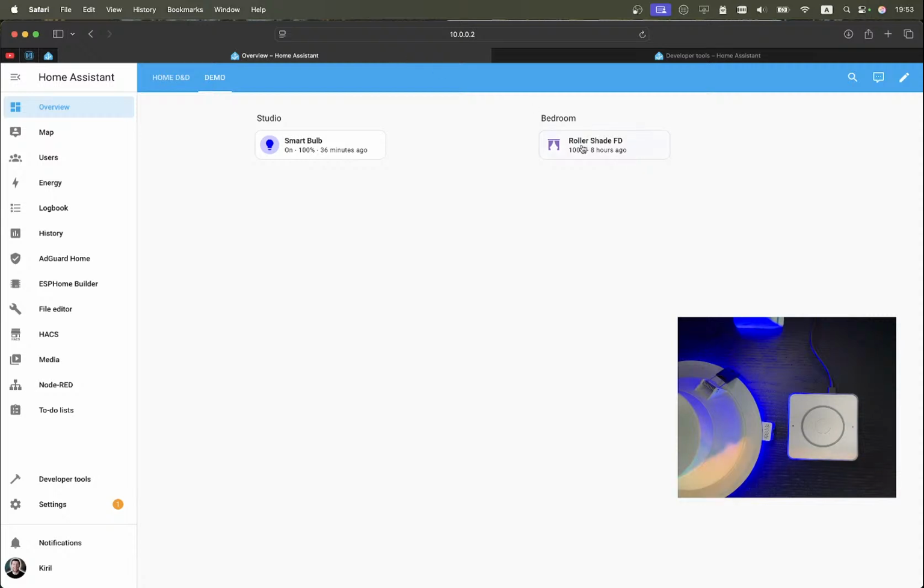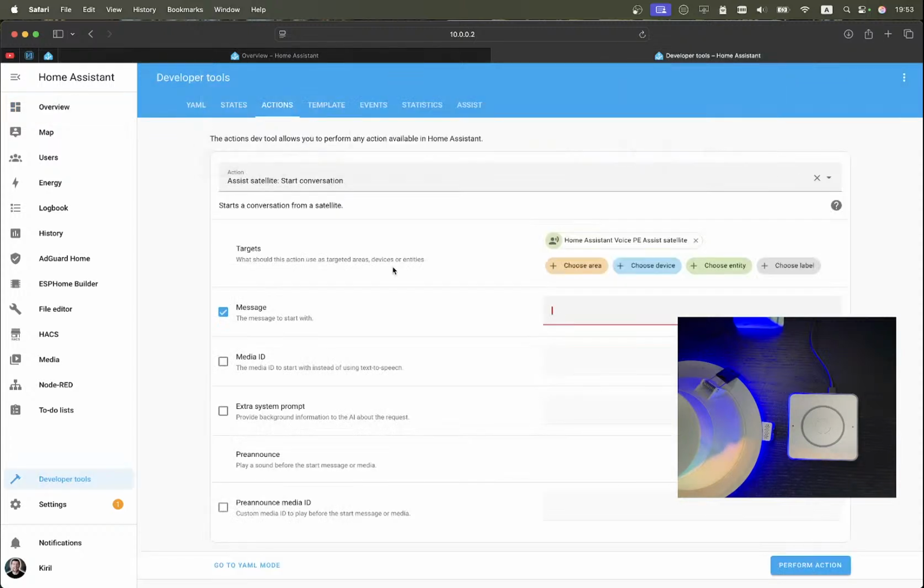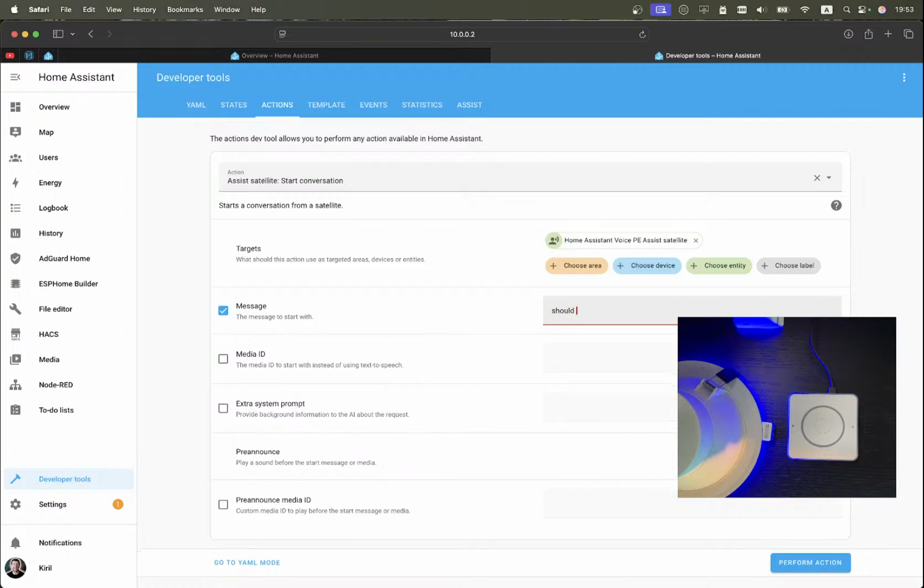Again, I can use any device or entity in this feature. I can use this roller shade. I can use my garage. I can use my oven. I can use anything. My lights, of course, anything. So this message will be played by Home Assistant Voice Preview Edition by me. Should I turn off... I made a mistake here. Turn off Studio Light, for example, question mark,